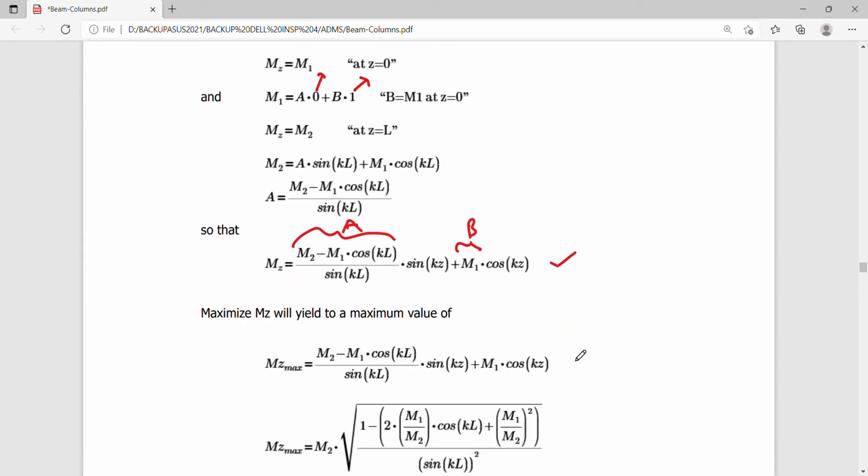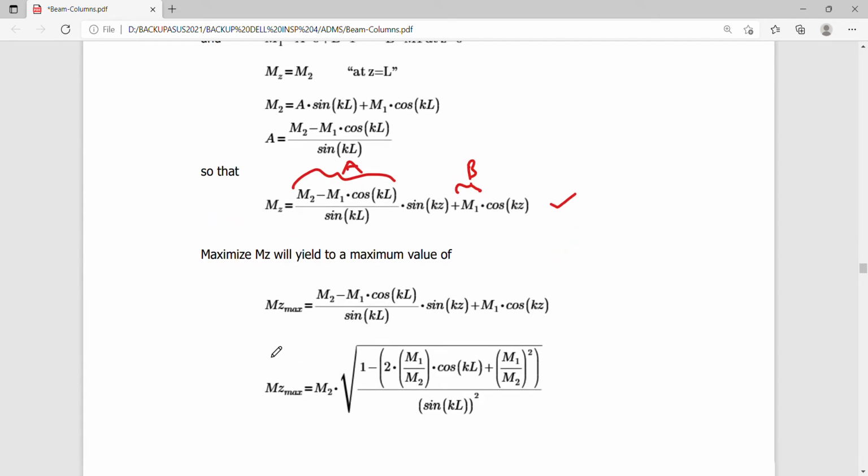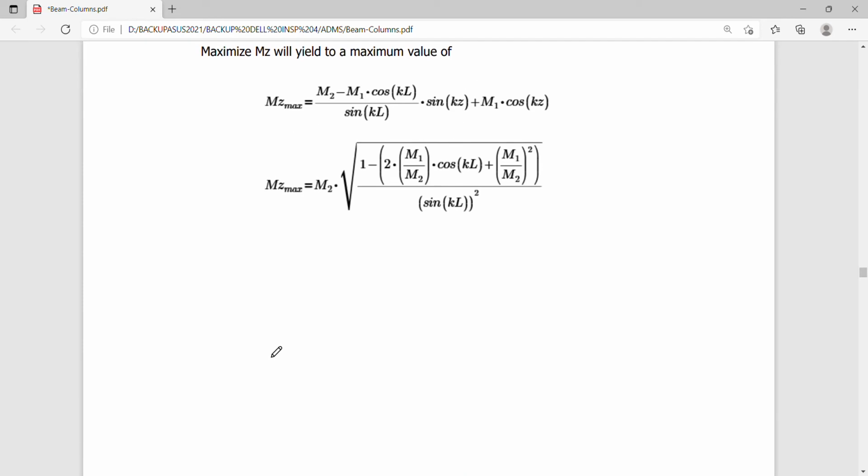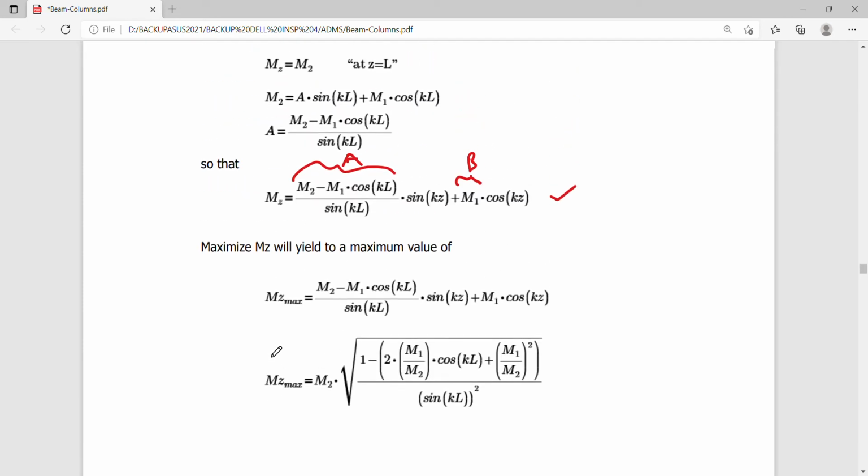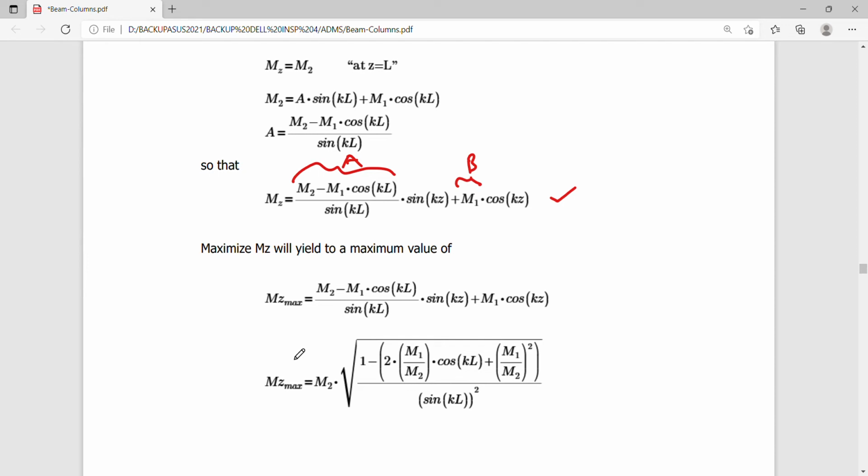And again, maximizing, because we really wanted to know the value, the magnitude of the maximum moment, we simply apply the maxima-minima technique by differentiating, and it will yield this result for the maximum moment. Okay, so I did not put this into detail. I just want you to look into it such that